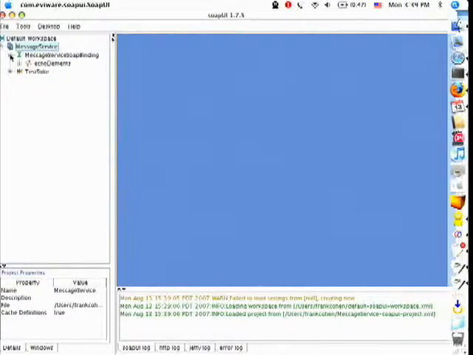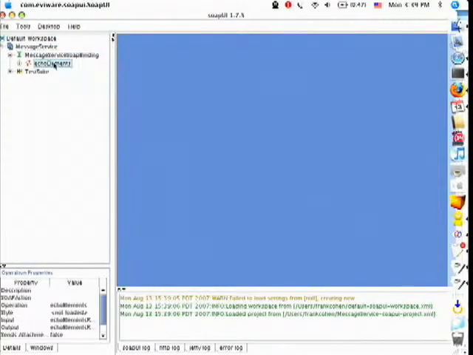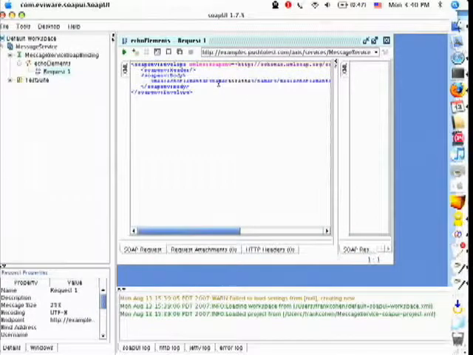And if I wanted to take a look at its binding, I can see that it provides me with one service titled Echo Elements, and I can enter in a request. The request appears instantiated here as an XML document. This is a SOAP message envelope that'll be sent to that service. And what the SOAP UI utility makes very easy is the ability to work with the XML content that's required as a request to the service, and then to see what the results are without having to do any heavy